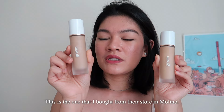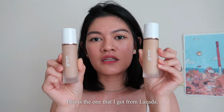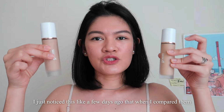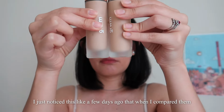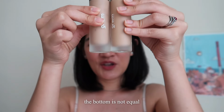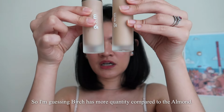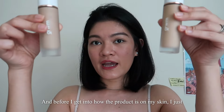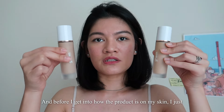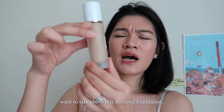Etong si Almond, binili ko siya from their store in Molino. Etong si Birch is the one that I got from Lazada. I just noticed this a few days ago that when I compare them, hindi pantay yung bottom. So I'm guessing Birch has more quantity compared to the Almond. And before I get into how the product is on my skin, I just wanna talk about itong si Almond